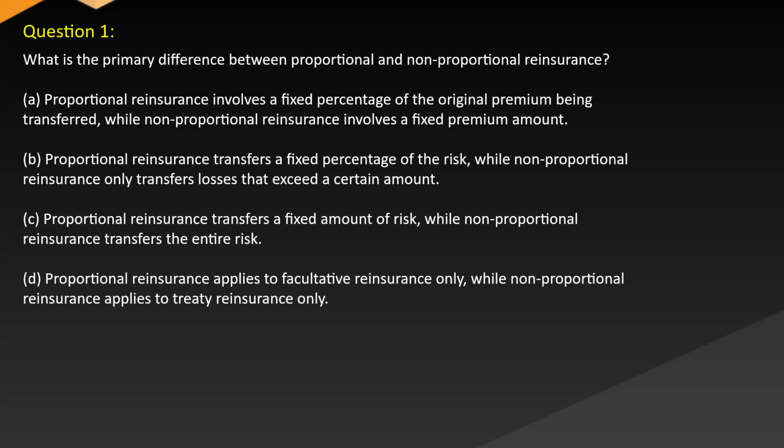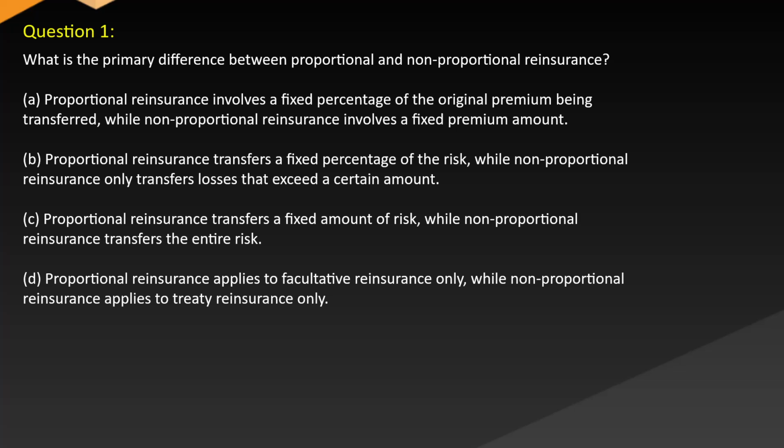Question 1. What is the primary difference between proportional and non-proportional reinsurance? A. Proportional reinsurance involves a fixed percentage of the original premium being transferred, while non-proportional reinsurance involves a fixed premium amount. B. Proportional reinsurance transfers a fixed percentage of the risk, while non-proportional reinsurance only transfers losses that exceed a